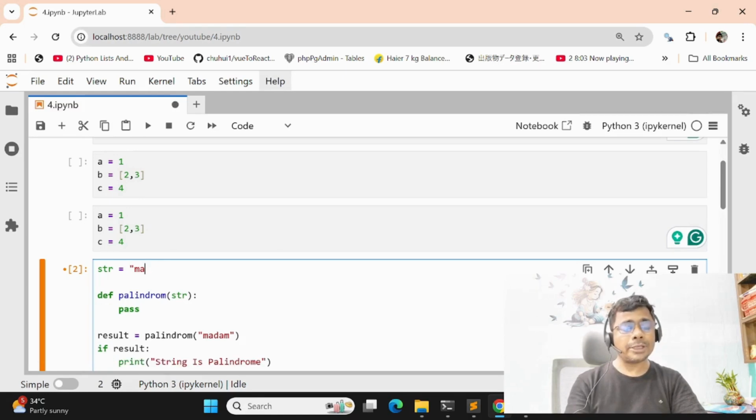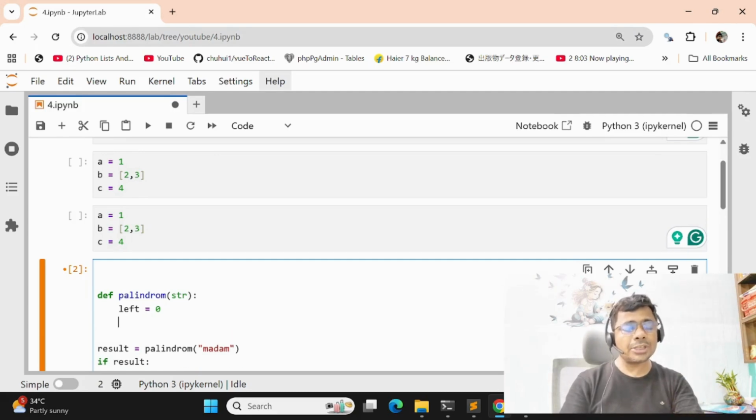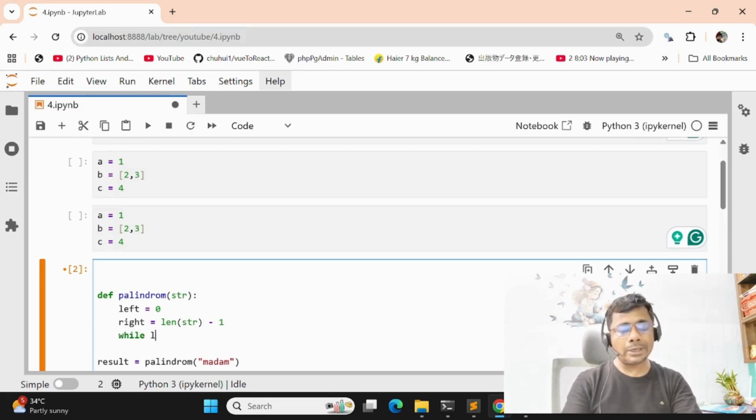But one concern here: the interviewer asked to use two pointers. Then define one method, the method name is palindrome. Define left equal to 0. Why 0? Because the string starts from index 0. Then define another variable right, length of string minus 1. Then write a while loop, while left is less than right.